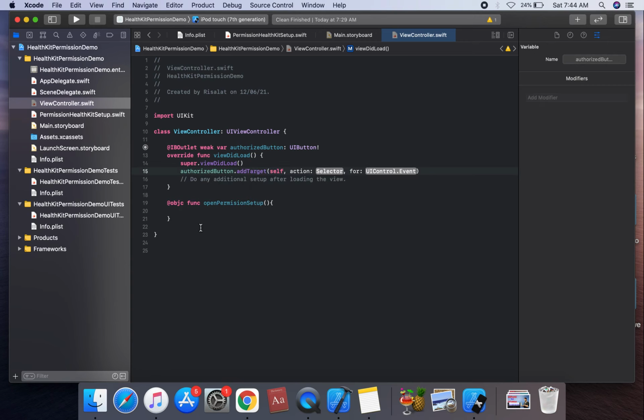This is self on this addTarget, and we're gonna use the #selector method. So the @objc function is required on this selector method.